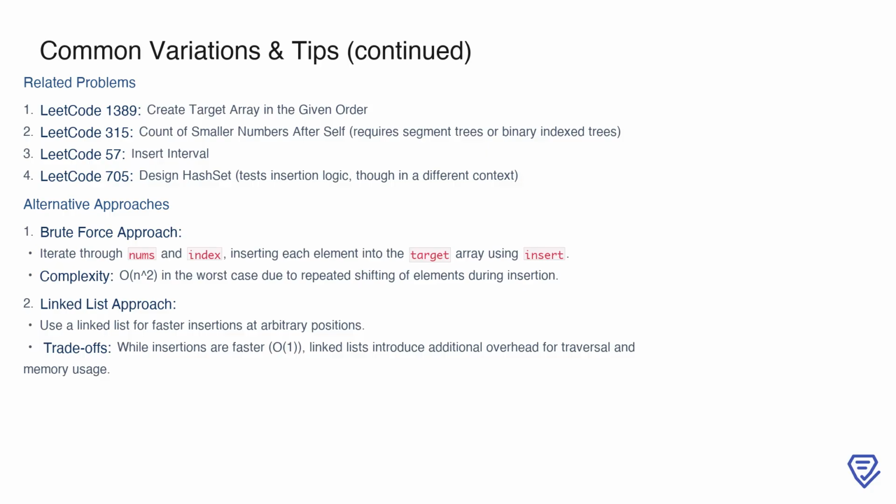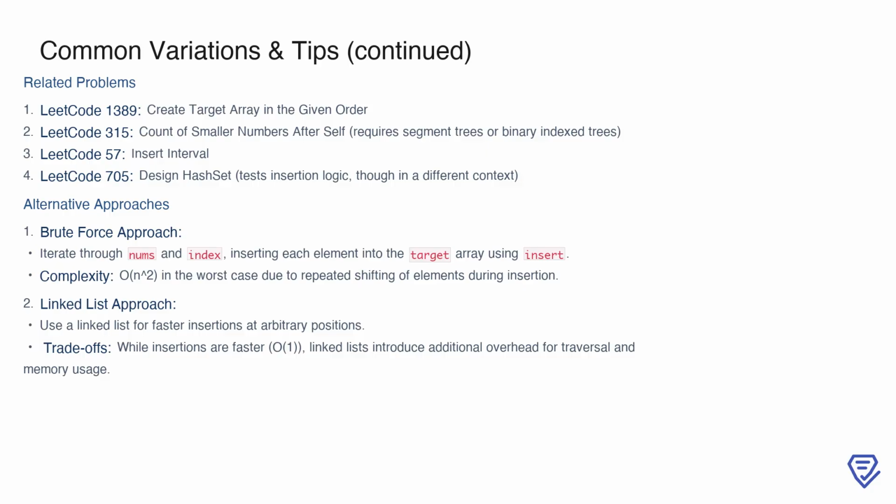When considering alternative approaches to solve this problem, one option is the brute force method. This involves iterating through the nums and index arrays and using the insert method directly for each element. However, this approach can result in a time complexity of n squared, in the worst case, due to the repeated shifting of elements during each insertion. Another option is to use a linked list, which allows for faster insertions at arbitrary positions. While this reduces the cost of insertion to O(1), it comes with its own trade-offs, such as increased memory usage